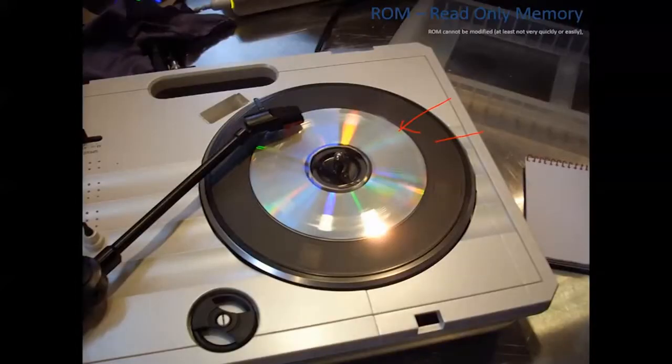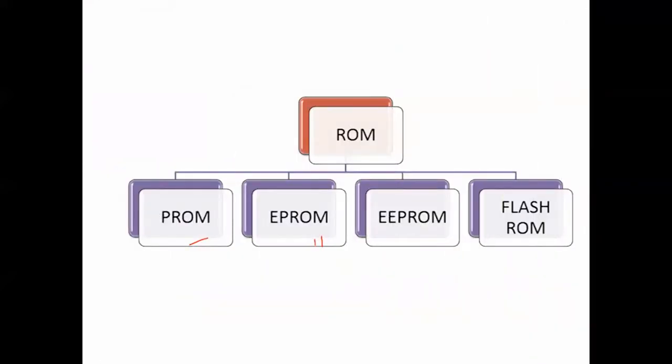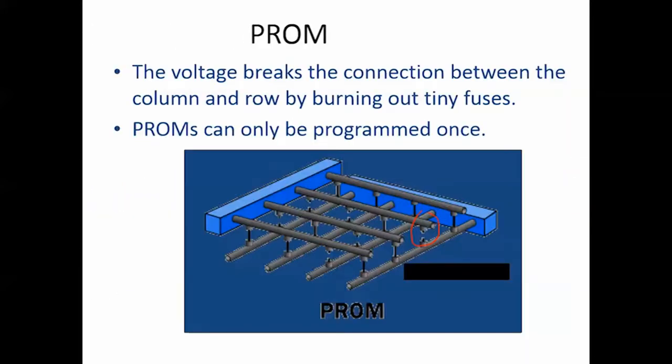Now this is a ROM which is found in our computers. It can be classified into PROM, EPROM, EEPROM and Flash ROM. Now talking about PROM, it consists of rows and columns just like simple ROM, but the difference here is that at every intersection there is a fuse connection. Now when we pass electricity through it, this turns from 1 to 0. These are quite inexpensive and are great for prototyping the data.